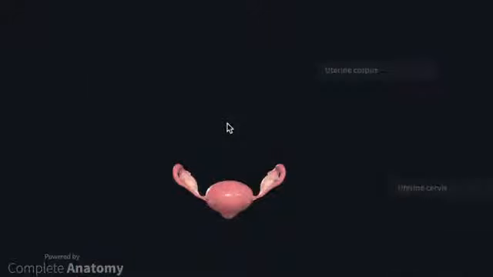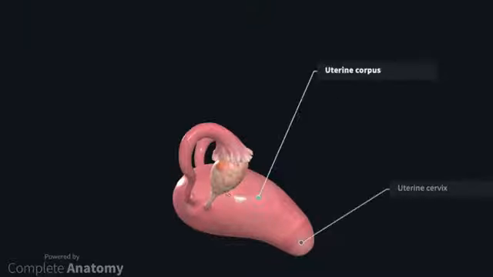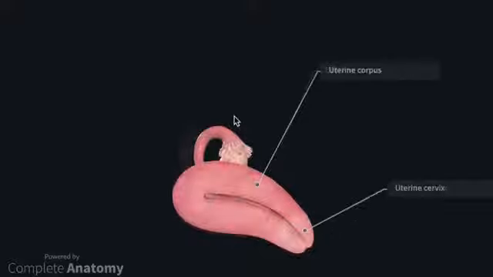The term uterus gets thrown around a lot, yet most are confused as to what structures actually make up the uterus. The uterus consists of the uterine corpus, which is located here, and most distally, the uterine cervix. The uterine corpus is described as having a fundus, located in the proximal region here, and a body, located here. Some textbooks will also describe an isthmic portion, located here, where the uterine cavity narrows as it approaches the cervical